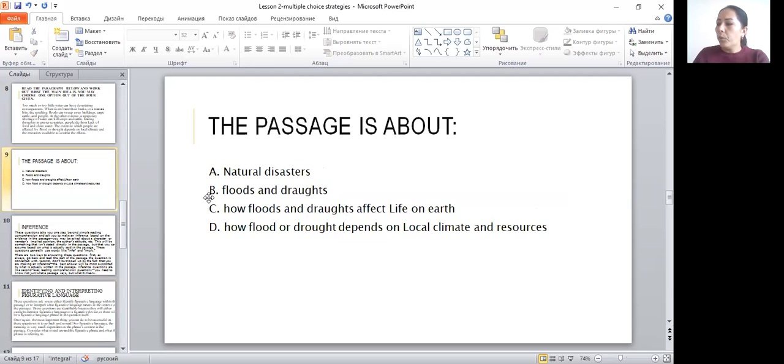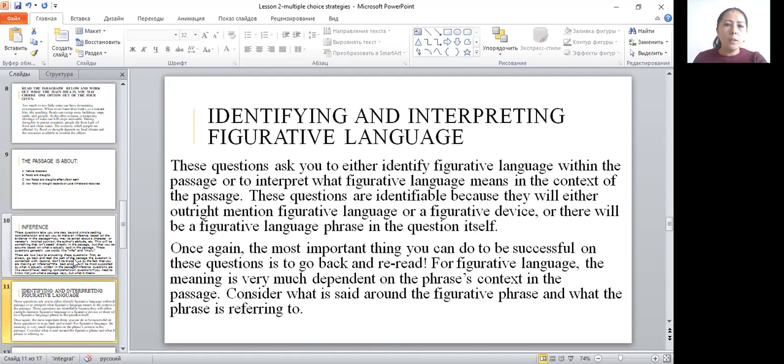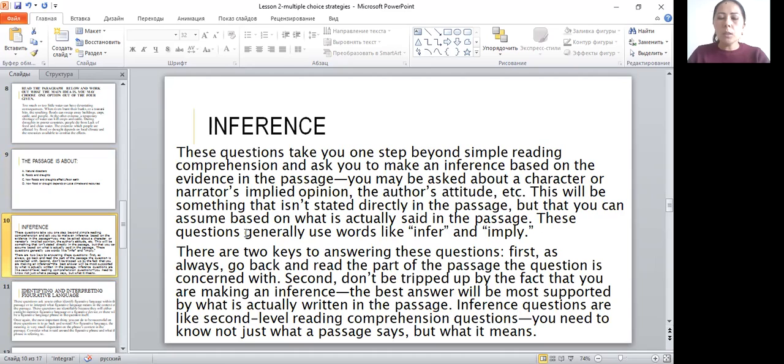For this, we should know the concrete comprehension of the text. And the next type is inference. Inference questions go just beyond simply reading comprehension. It also looks like simple reading comprehension, but it implies based on the